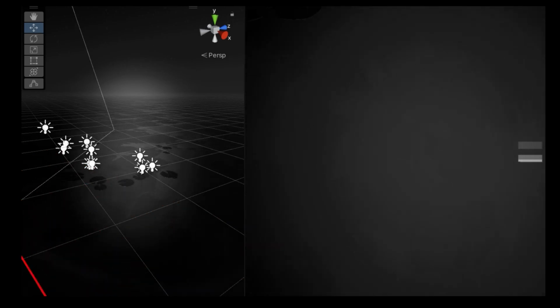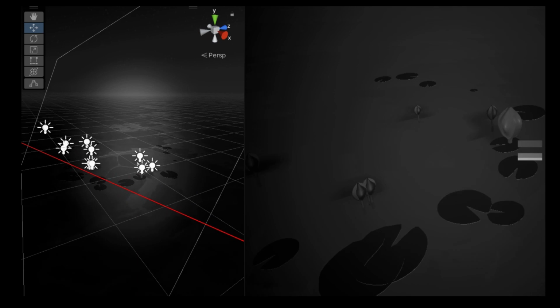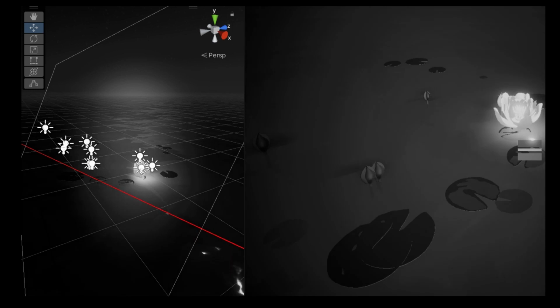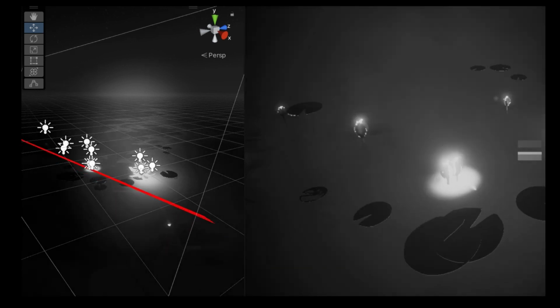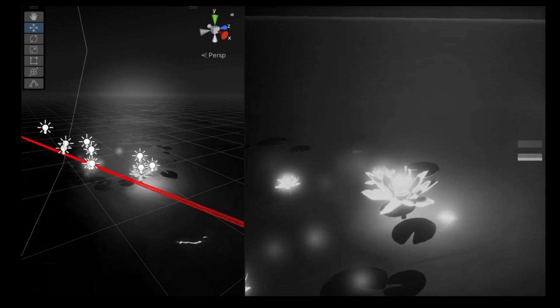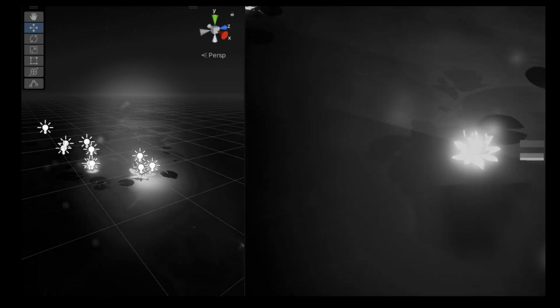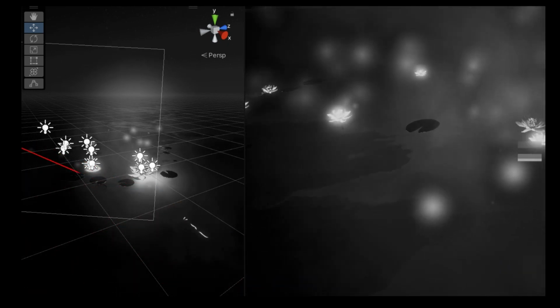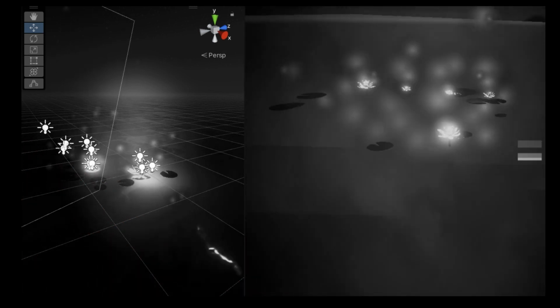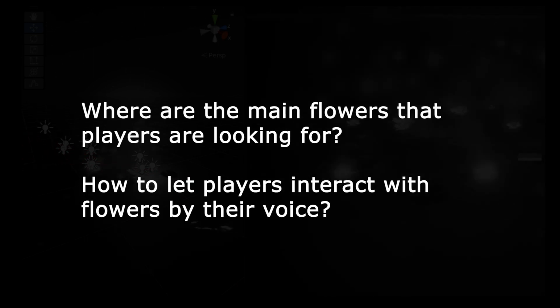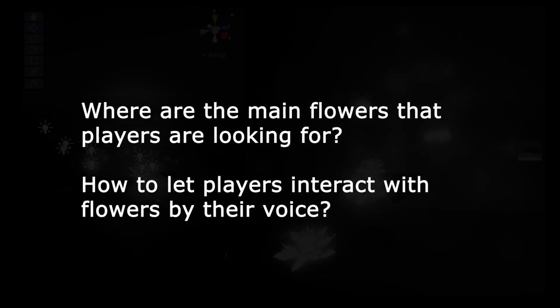In order to better highlight the gameplay, we remove the hands in the game. This way, the player won't be grabbing objects everywhere. We add a raycast system to let players know that they need to look at a certain flower and make a sound to get the response. However, it is hard for players to find the flower in a dark environment. So before further testing, we need to let players know 2 things: where the flowers are and how to deal with the flowers.